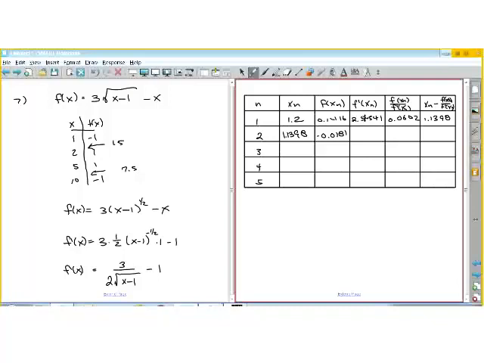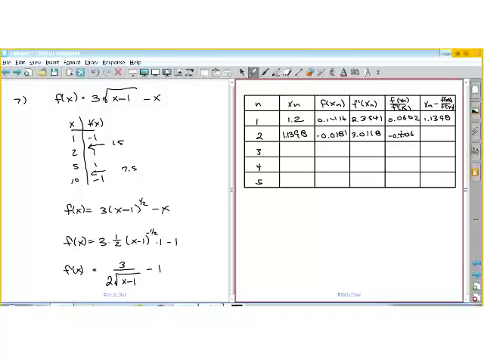And the derivative is going to be 3 divided by 2 divided by the square root of 1.1398 minus 1 again, and I get 3.0118. Take the ratio of those two, so negative 0.0181 divided by 3.0118,